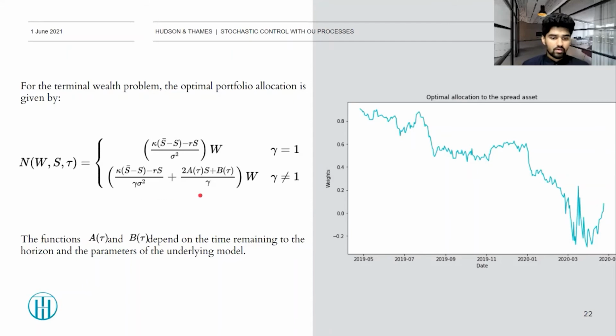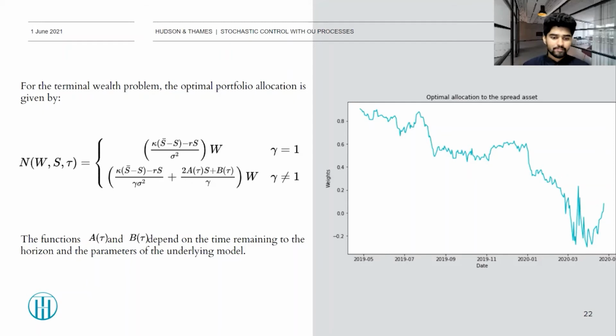And this equation gives us the final optimal portfolio weights, which are calculated from the HJB equation. One thing to look at here is that if gamma equals 1, this represents the log utility investor. When gamma is greater than 1, it means that investors are more risk averse. So the bigger the magnitude of gamma is, the more risk averse an investor is. And if gamma is less than 1, it means that the investor is more risk tolerant, or he's willing to take